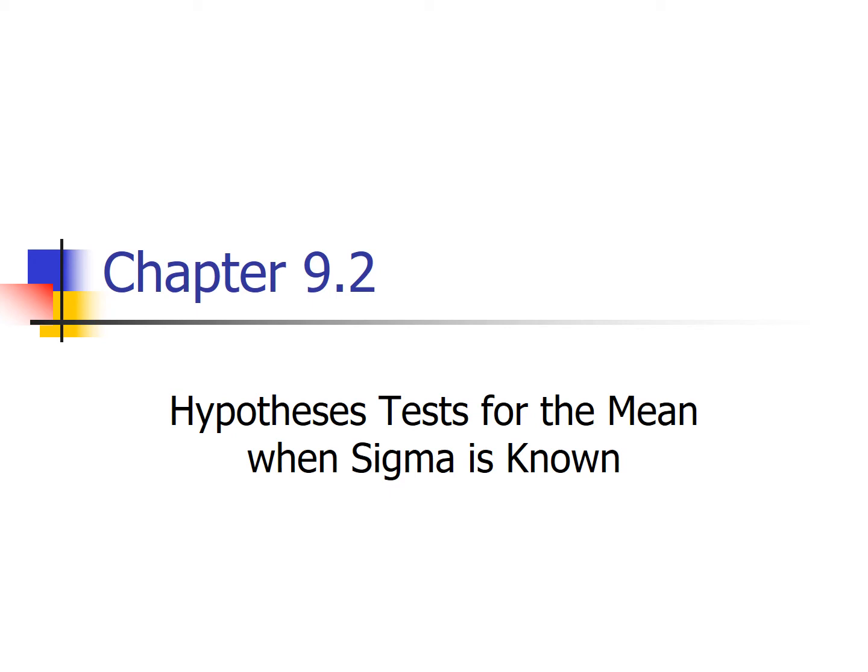Aha, here we are again. After talking about this abstract four-step hypothesis testing process on the last slide, for the situation where we know the population standard deviation, that sigma,